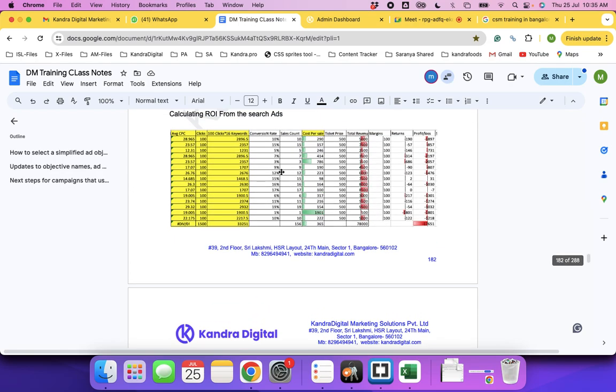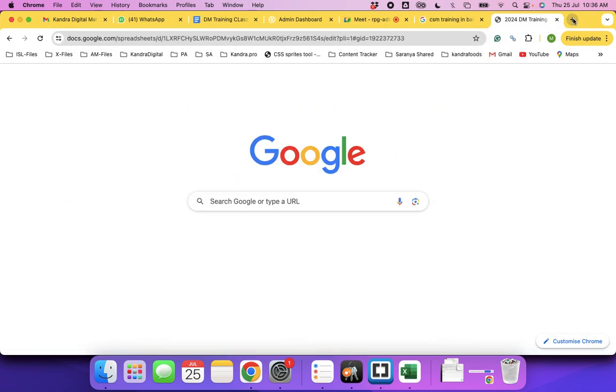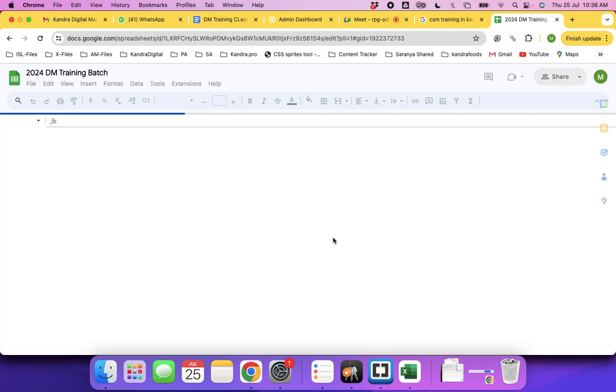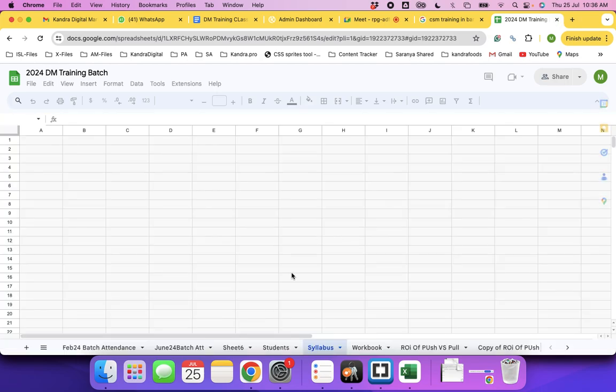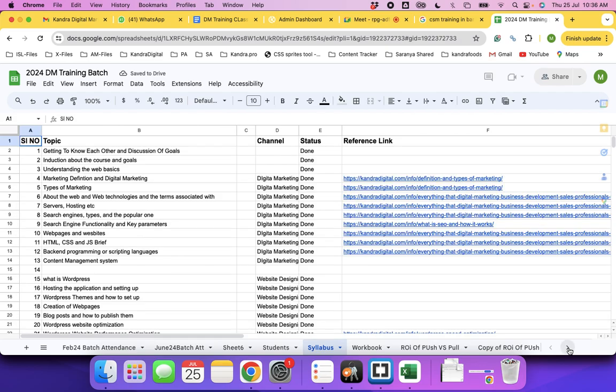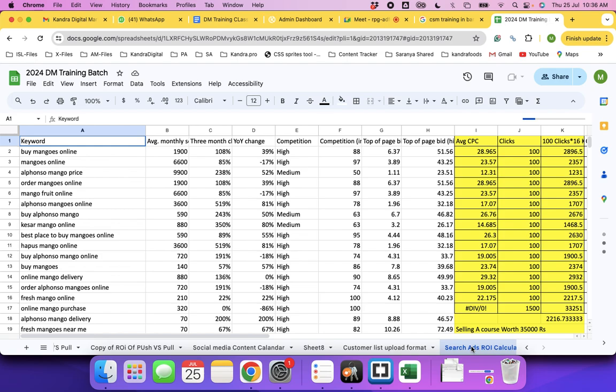See, the CPCs are very high for some of the keywords. See, CPC is 28 rupees. It's very high as compared to the top CPC of 14 rupees. Correct? So let's assume 14 rupees is a long tail keyword. So if you go to the keyword, you might probably understand the CPCs also would vary based on the length of the keyword. So for keywords, we have to pay extra to Google. Not extra. To show your keyword on Google, you have to pay when somebody clicks.